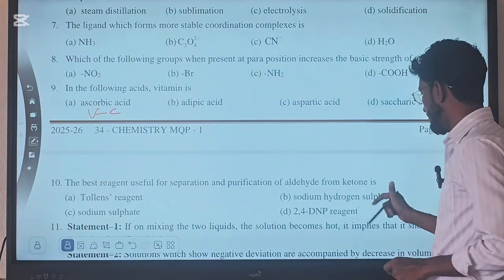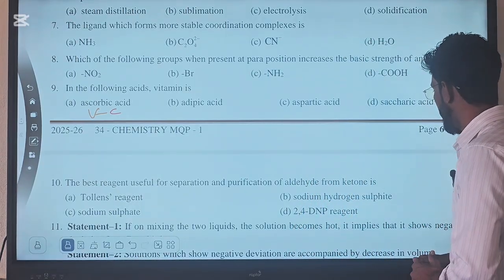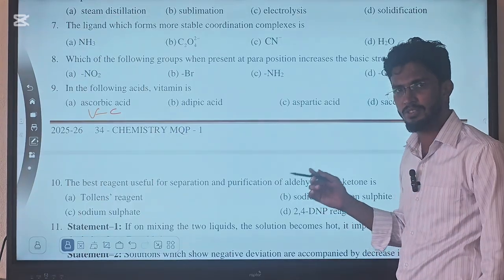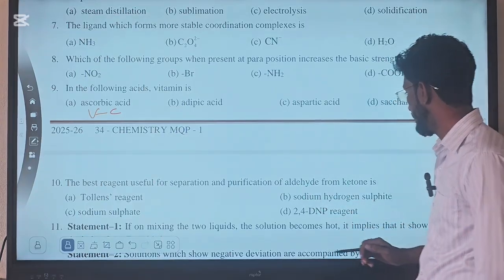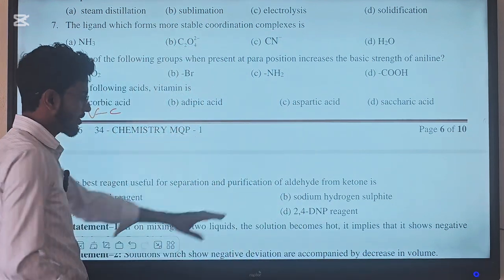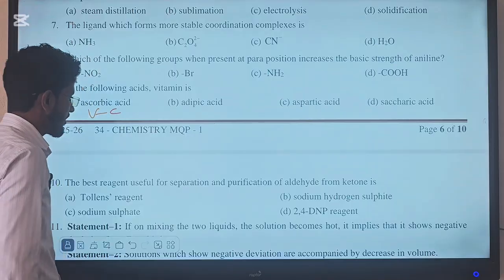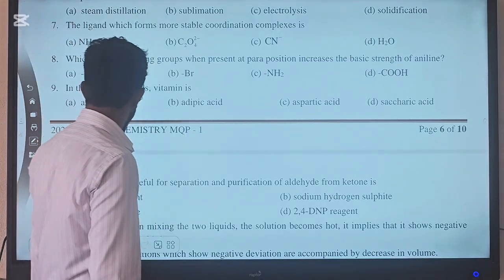Yes, by this we can also separate the aldehyde and ketone, because aldehyde and some of the ketone also show reaction with this, but most of the ketone will not react with sodium hydrogen sulfite. With 2,4-DNP, both aldehyde and ketone will give the 2,4-DNP test. That's why we cannot determine with 2,4-DNP. Answer will be